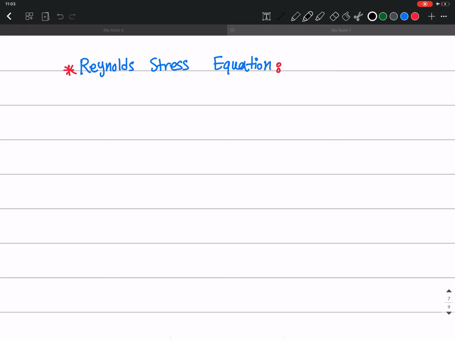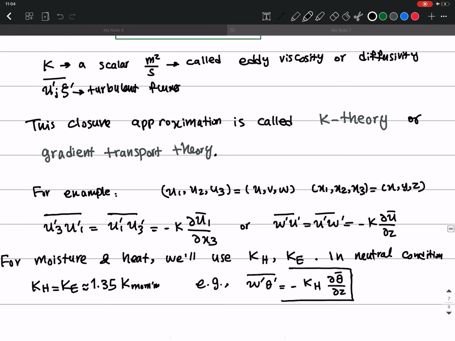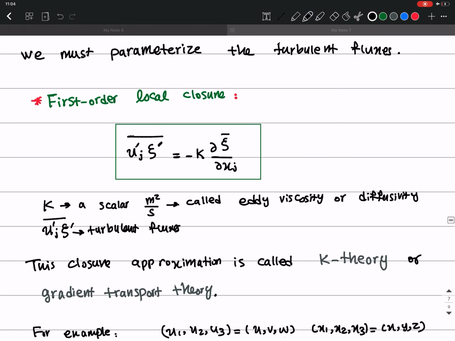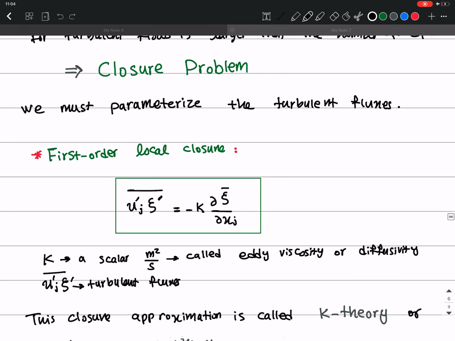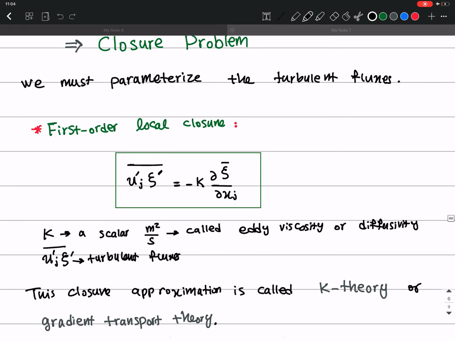Hello everyone. So today I'm going to derive a transport equation for Reynolds stresses. If you remember from last time, we faced this closure problem for these Reynolds stresses, so we couldn't actually close this equation. So we defined a first order local closure to approximate these Reynolds stresses based on the mean variables here. Okay. So now I want to see whether we can go to a higher order closure like second order,